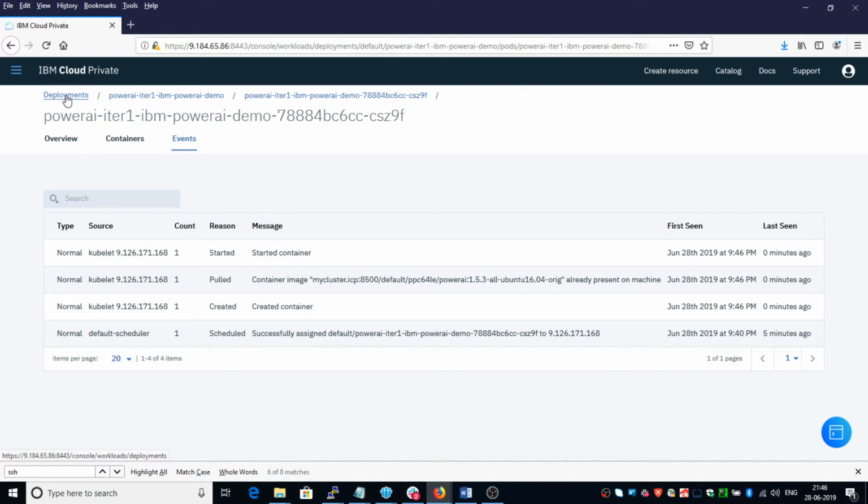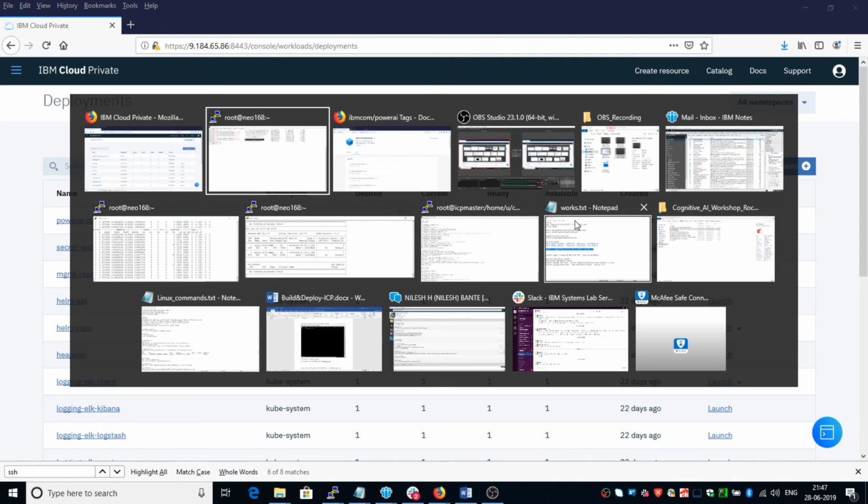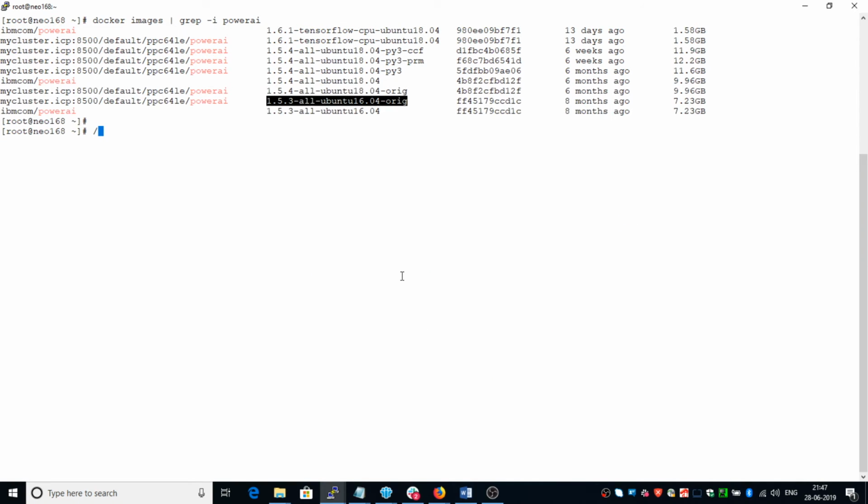It takes a couple of minutes to get the container in the available state. So here you can see the desired count of container is 1, and yet that container is not available. It's still bringing it up. Now you can see that this container is in available state, and so the container is up and running. We can verify